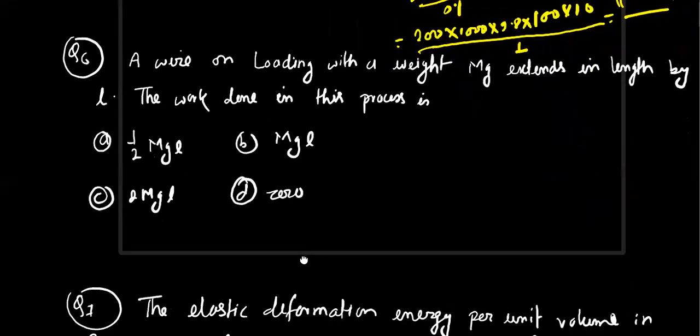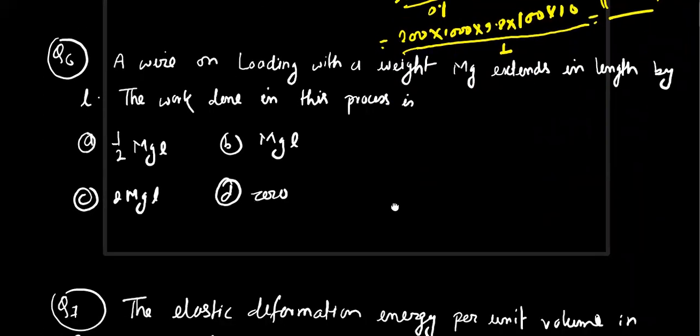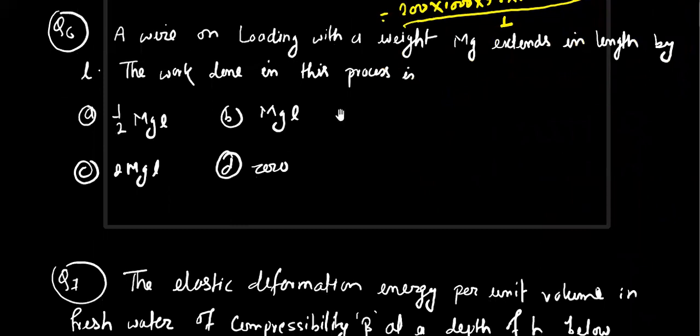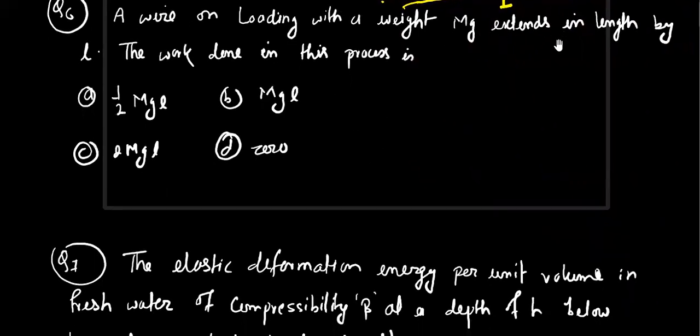Okay, so question number 5 completed. Now we are in question number 6. A wire unloading with a weight of mg extends in length by L. The work done in this process is... So this is quite simple. Work done or extension